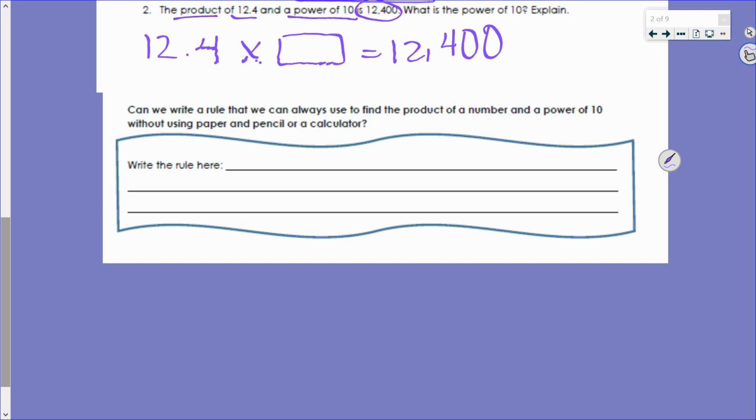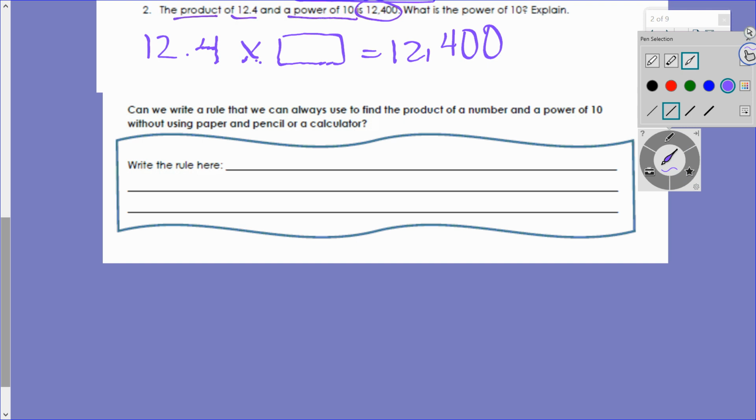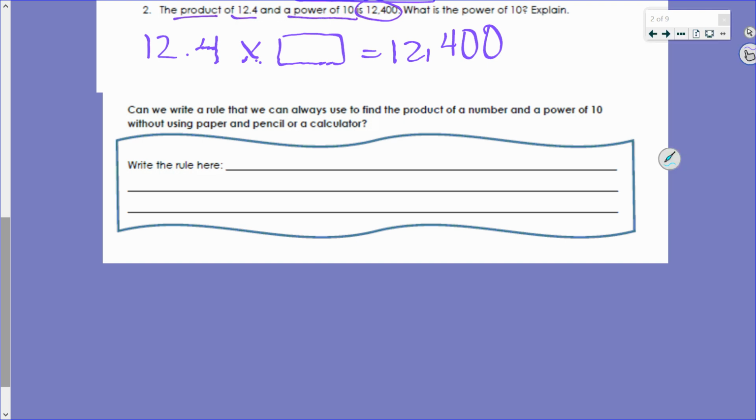Chanel, what did you do? So I know that it started with the decimal between 2 and 4. So I counted how many places the decimal moved and it moved 3 places to the right, which means that it was 1,000. I like where your head's at. So she's saying, I saw that the decimal started between